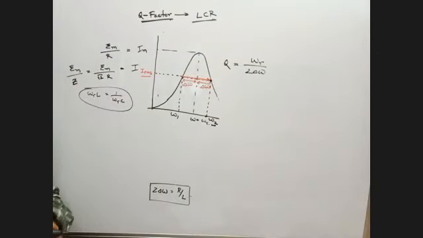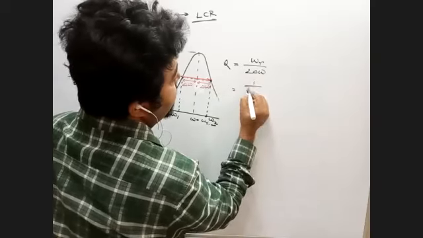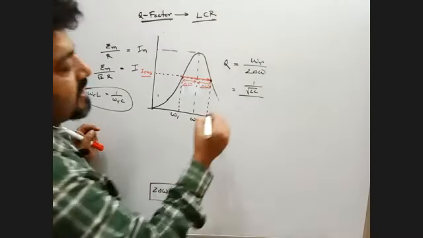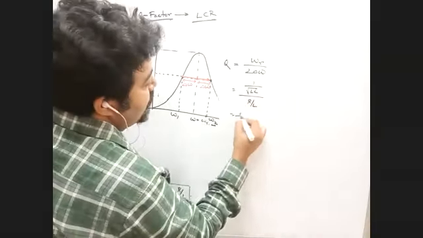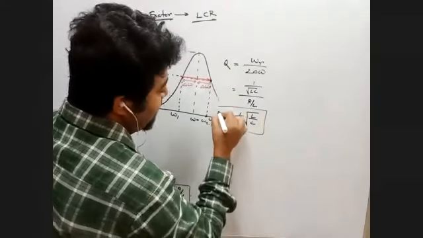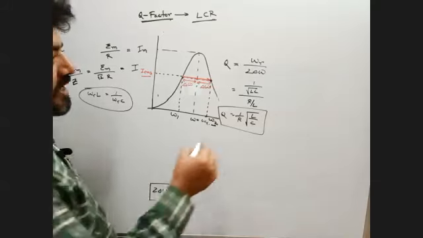So if this is my question, Q factor is resonating frequency by bandwidth. We know from the definition resonating frequency is 1 by root under LC, and just now we proved the bandwidth is R by L. So what we have is 1 by R root under L by C. So we find one value: why the Q factor is 1 by R root under L by C. The second most important part is that they never ask you why, but they ask you what the value is, that is 1 by R root under L by C. And with respect to that, they ask you so many questions.